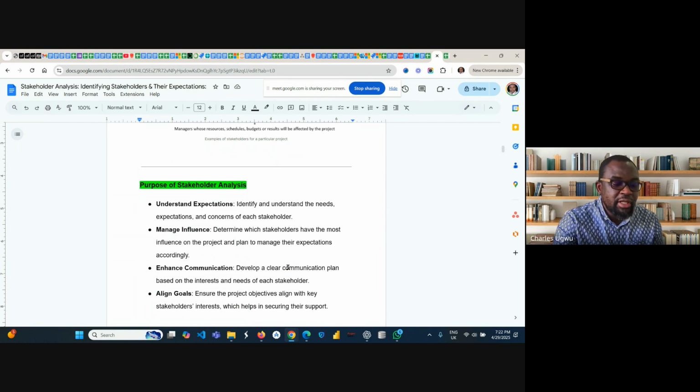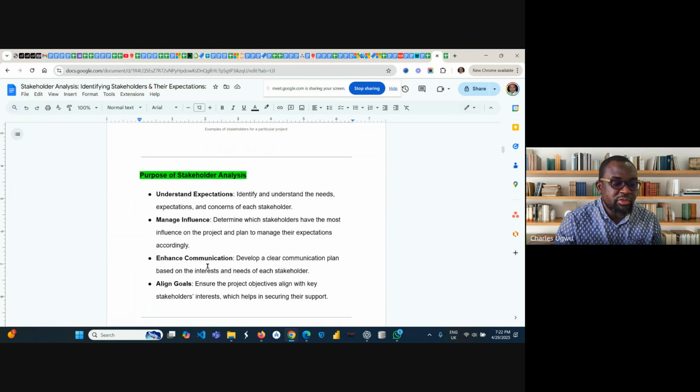Enhanced communication is another key purpose of stakeholder analysis. With stakeholder analysis, you should be able to develop a communication action plan, because you have identified them and you know the best way to communicate with them. Communication is very important in every project. When there is a break in transmission, everybody becomes confused, wondering what is going on. So there should be a constant flow of communication. And that's why you see here